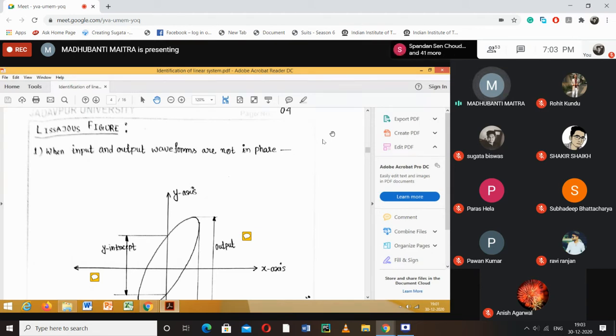In the AC mode, we'll be able to observe the output sinusoidal signal, that is C(t) versus t. And there is another mode available on the oscilloscope, known as XY mode. If we connect the oscilloscope in XY mode, then what will happen? The time base will be turned off.